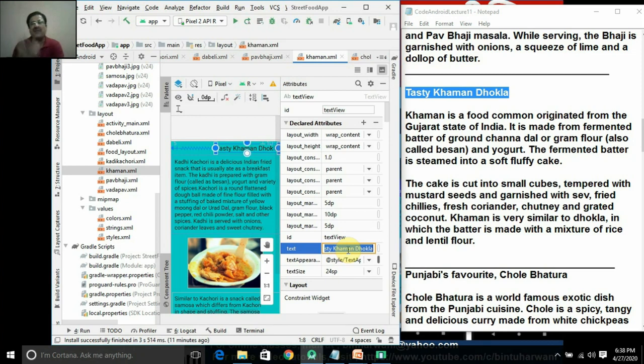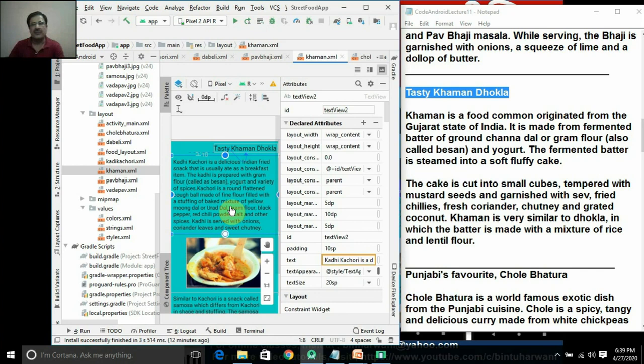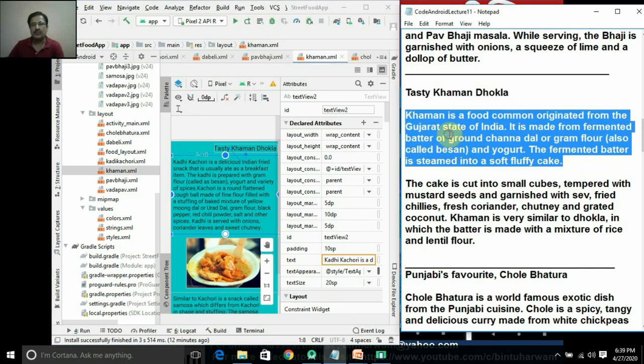I could have given you the XML file straight away, but why am I asking you to do it on your own? Because you won't be uploading this app on the Play Store. You'll be enhancing it, like converting it into the 7 wonders of the world, or, suppose you are residing in Bombay, converting it into the best tourist spots of Mumbai. If you are staying in Bengal, you'll convert it into the best Bengali sweets. So for an informative app like this, you have to arrange for the content and then paste it, right? Now select this one, copy this.